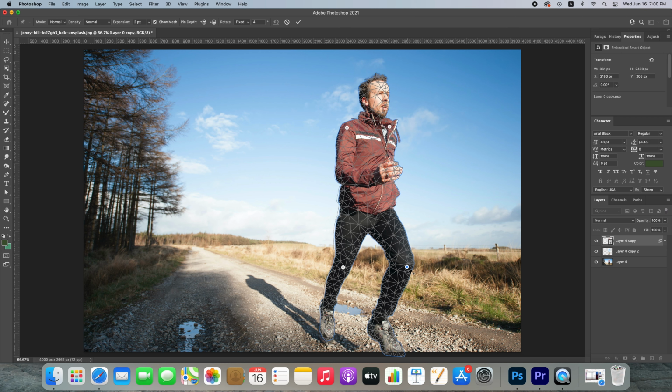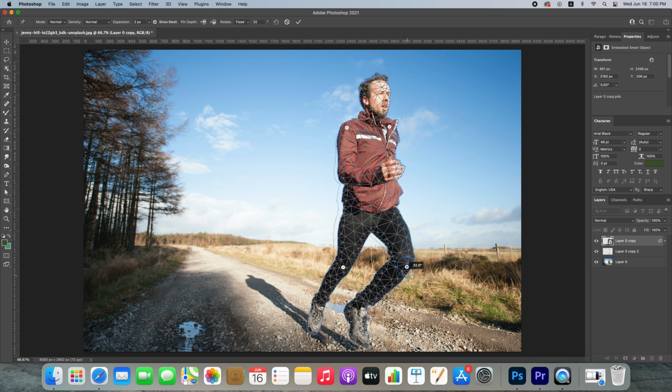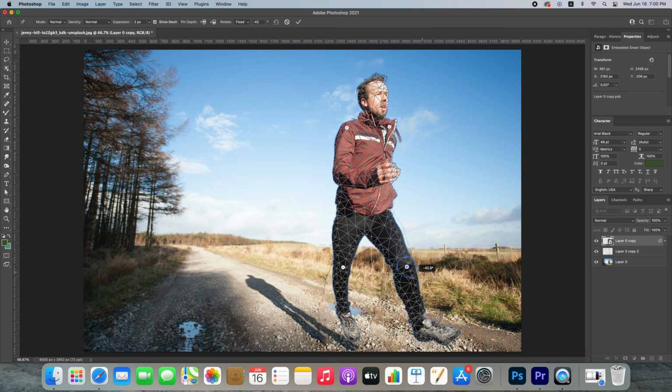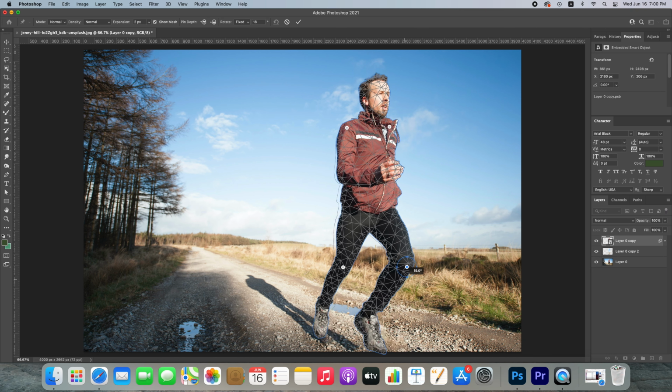Or if you want to move his leg in a circle, then for Mac just hold Option and now you can move the man like this in a circle, just by holding Option for Mac, and for Windows just hold the Alt button.